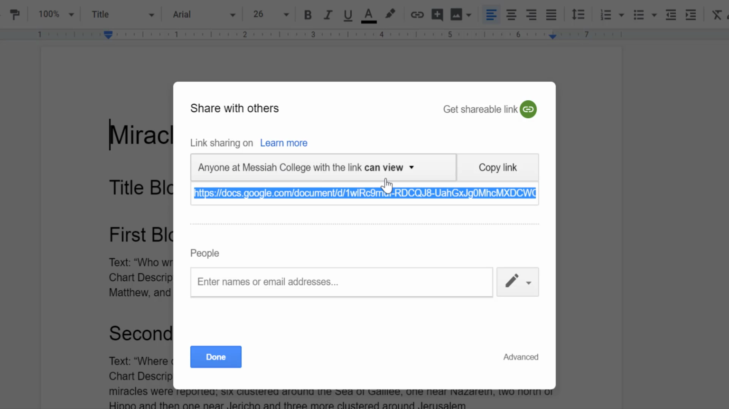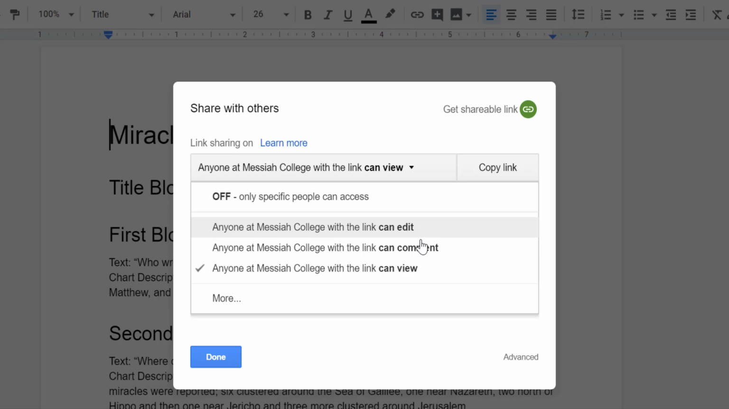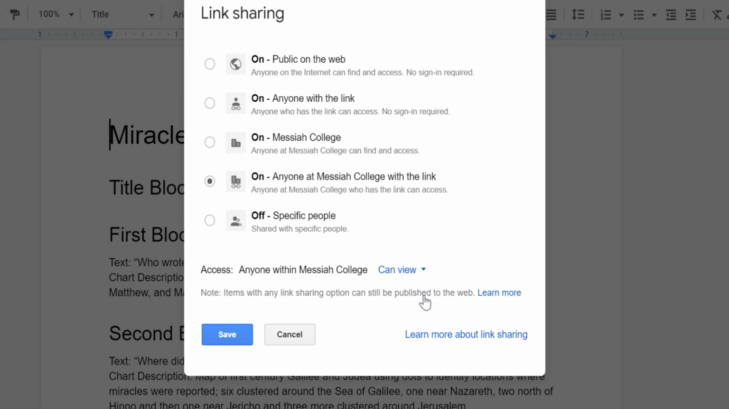So I want to get more options. All of these are only Messiah, so let me get even more options. Now I see more options available to me. I'm going to say that it's on, anyone with the link, so people can't just find it with a Google search, but if they get the link from wherever I put my content, they'll be able to access it without